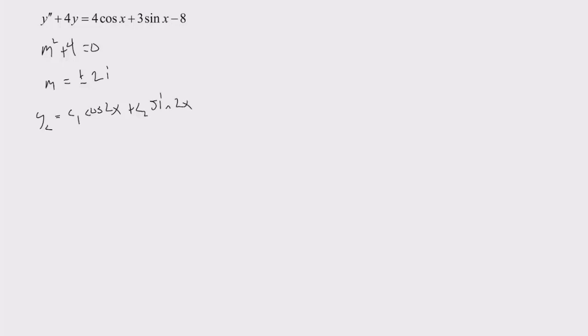Okay, so then let's focus on this 4 cosine x plus 3 sine x minus 8, and let's look over our quick patterns real quick. So what would be the annihilator function for something like this? So the general format is D squared minus 2 alpha D,